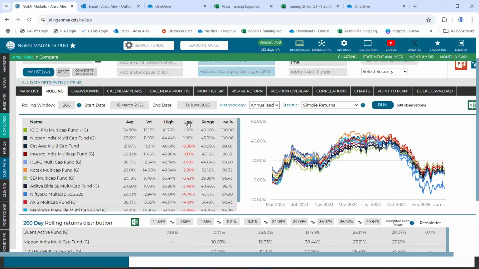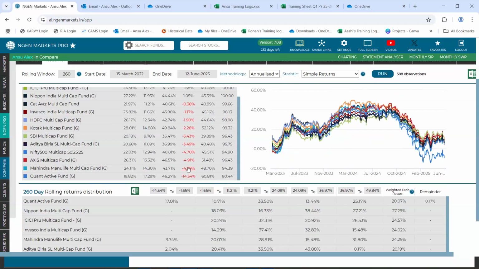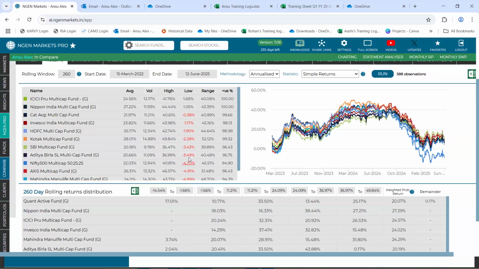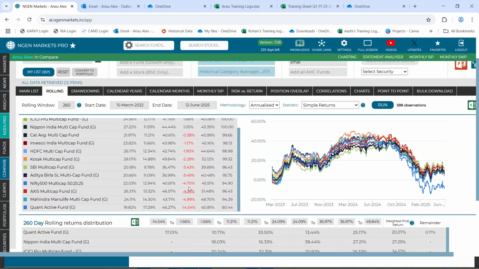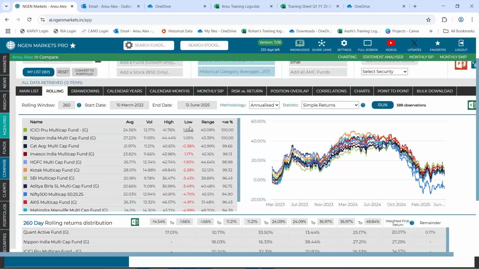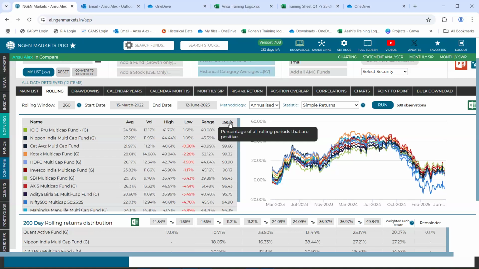Now, if we look at these schemes, even the lowest figures are only slightly negative. So, you see the range of negatives is starting from negative 3.03 till negative 14. So, the shortlisted funds, if we see, most of them have generated only a small negative return, and hence we could view that their positive percentage is 93% and above.